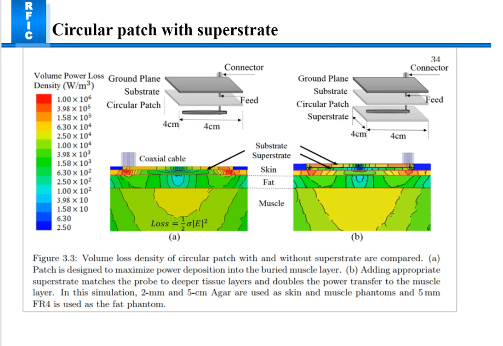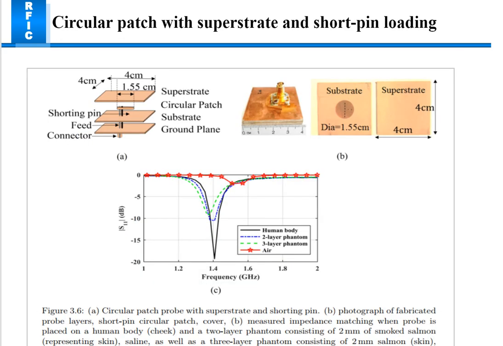In simulation, 2 and 5 centimeter is used as a skin and muscle phantom, and FR4 is used as a fat phantom. And another patch was a circular patch with a different superstrate and short pin loading also. They had used a circular patch with superstrate and short pinning,